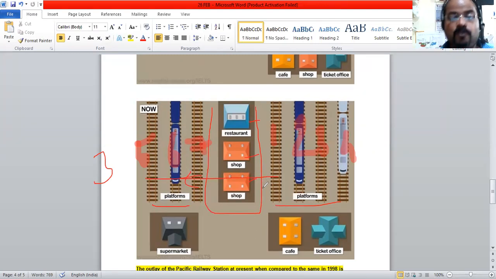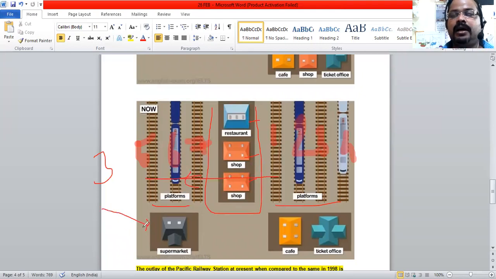So this is the most visible change we can see here. If you see the picture as a whole, the major change is in the number of platforms, 3 more added to the existing 4, separated by a restaurant and 2 shops. You can see another crucial thing,